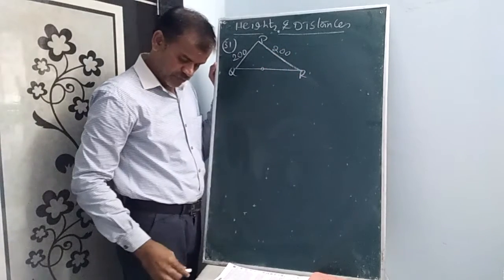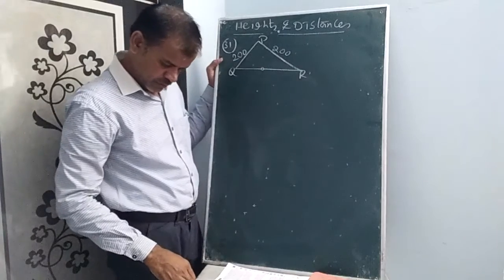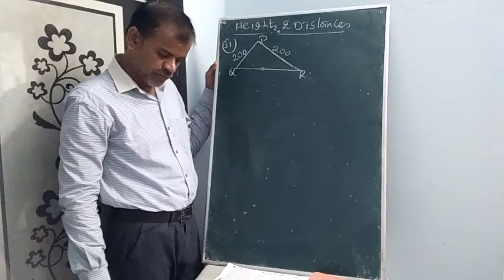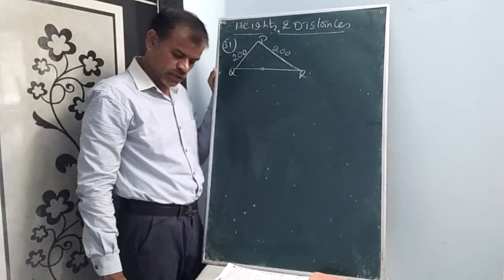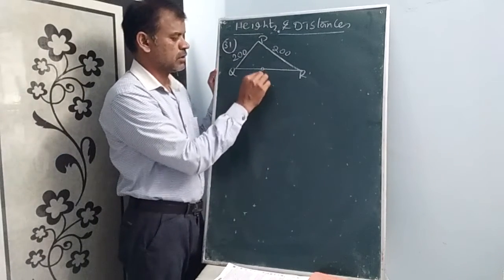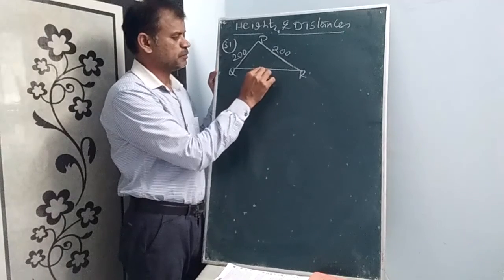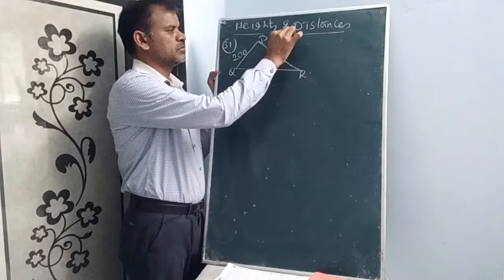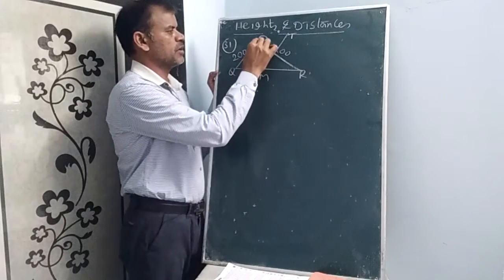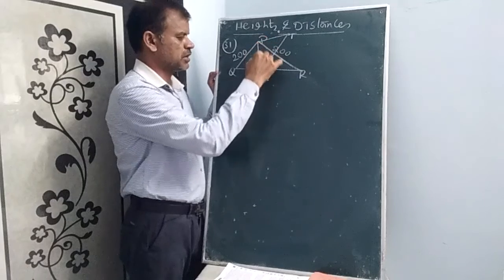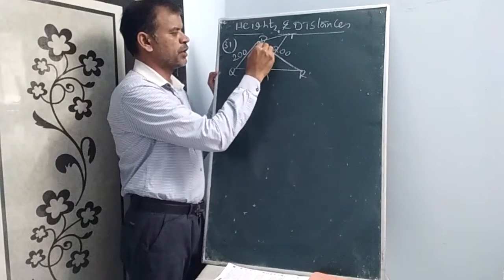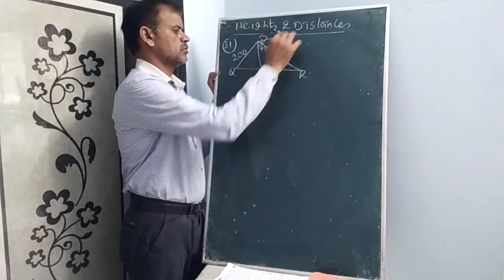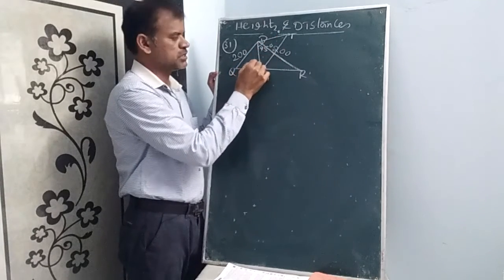M is the midpoint of QR. A TV tower stands at the midpoint of QR. If the angles of elevation of the top of the tower at P, Q, R are respectively 45, 30, 30, then what is the height of the tower? Let M be the midpoint of QR. At the midpoint M, this is the TV tower T. From P, the TV tower makes an angle of 45 degrees. From Q, the TV tower makes a 30 degree angle.